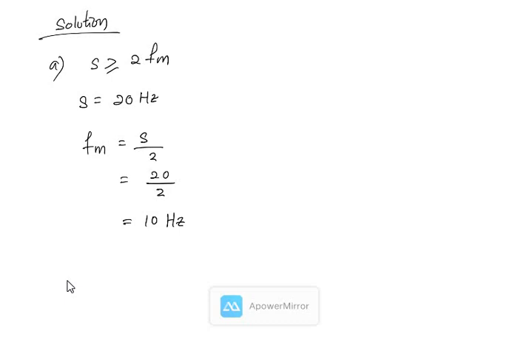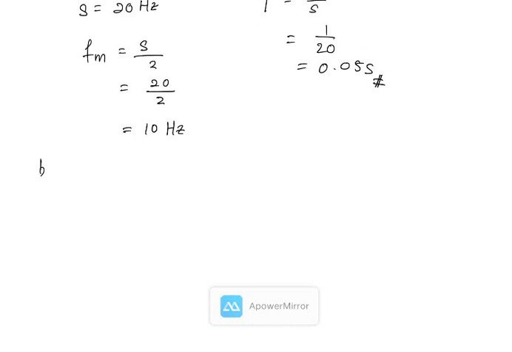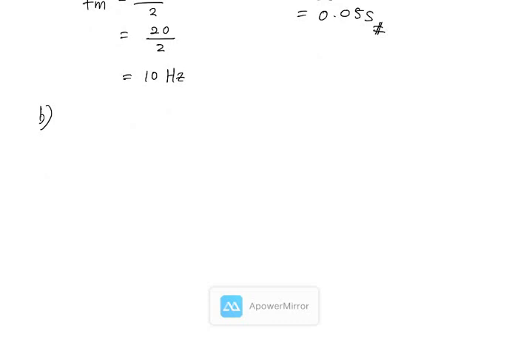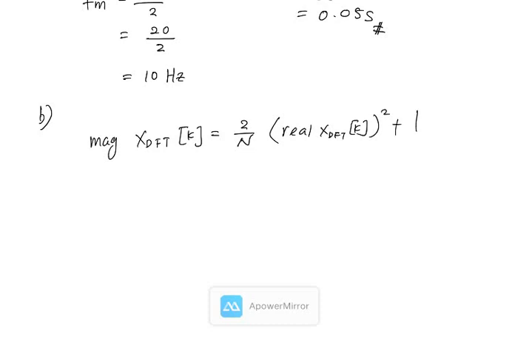And then we also can find T equal to 1 over S, which is equal to 1 over 20. And this is equivalent to 0.05 seconds. Question B, we need to find the magnitude of the X_DFT(k). So magnitude of the X_DFT(k) is equal to 2 over N, and then the real part of the X_DFT(k) plus the imaginary part,